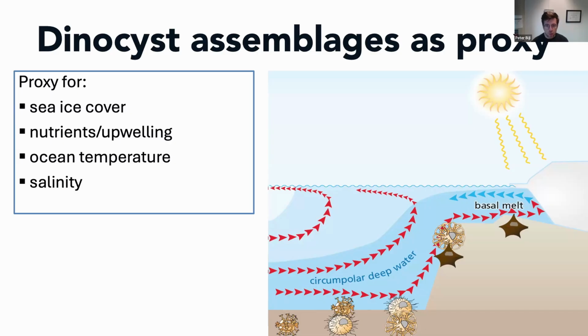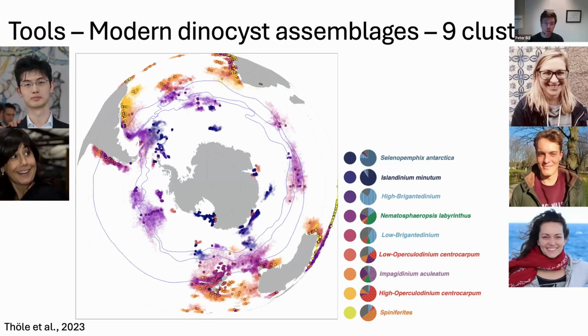So first of all, we have now compiled, as a community of dinoflagellate cyst enthusiasts, a compilation of surface sediment samples globally actually, but here you see the compilation for the Southern Hemisphere, and that now consists of about 650 surface sediment samples where we analyze the dinoflagellate cyst assemblage from. And also what we did in this particular study is look at some statistical analysis that cluster these sediment samples based on their assemblage, unconstrained by geography, based on their dinoflagellate cyst assemblage.